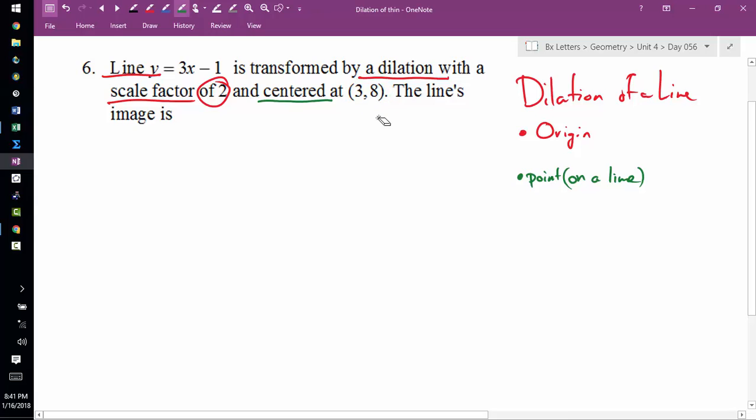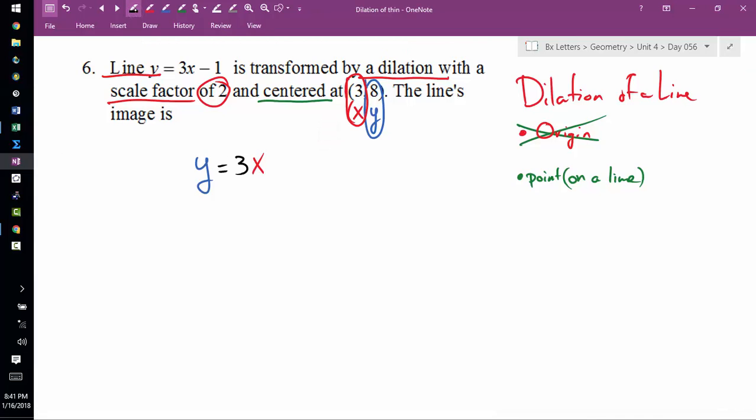But let's talk about how you verify that the point is on the line. We're not going to do the origin method, which we covered in 5. It's a lot more involved. Well, a point is a collection of an x and a y value. So I can see, and let me color code this, x, which is 3, and y, which is 8. So when I write out this equation, y equals 3x minus 1, I can check if this point, 3, 8, belongs to my line by